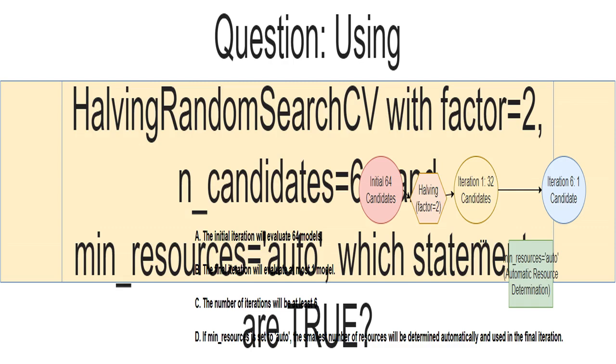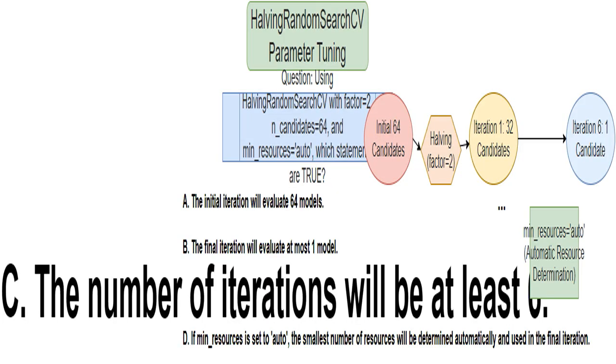It's a multiple-choice question that tests your understanding of how HalvingRandomSearchCV works with specific parameter settings, namely a halving factor of 2, 64 initial candidates, and automatic minimum resource determination. Let's see if you can crack the code. This statement deals with the number of iterations the algorithm runs. Remember,